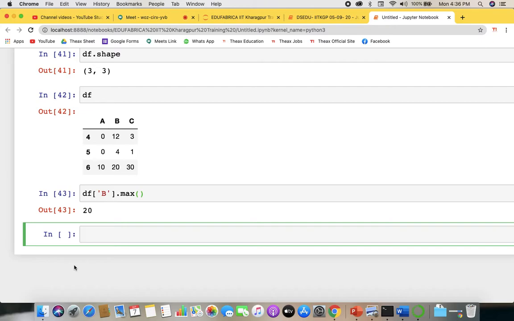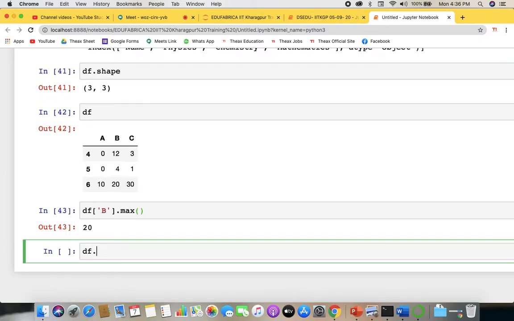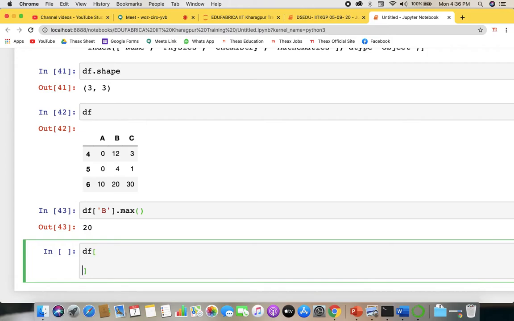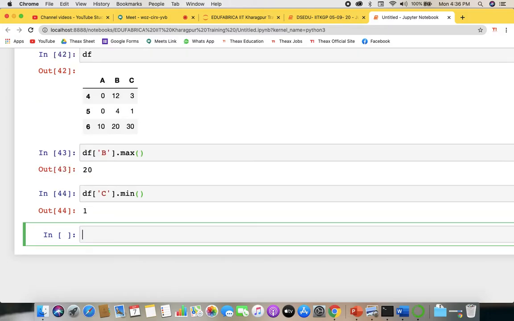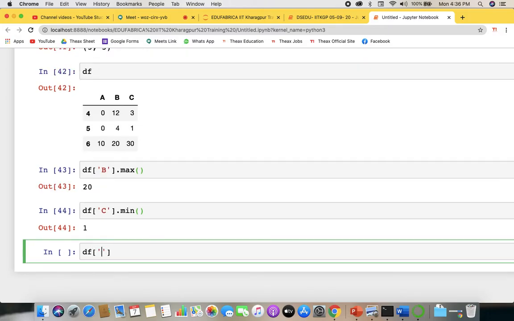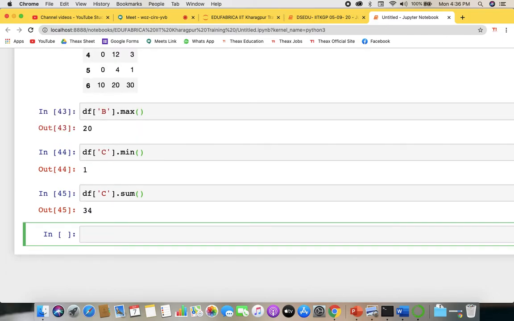As I said, there are a lot of parameters. Similar to this, df dot